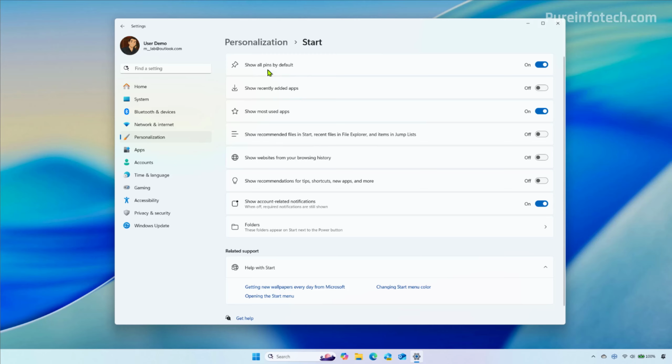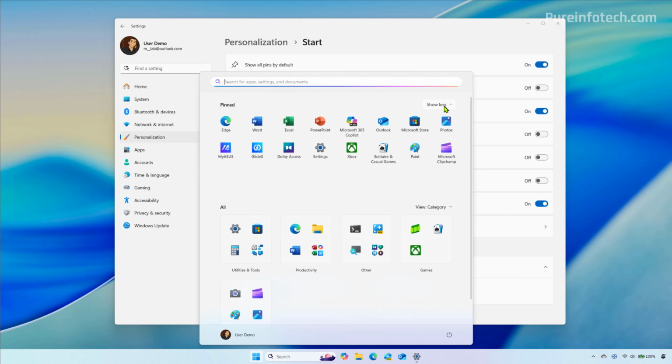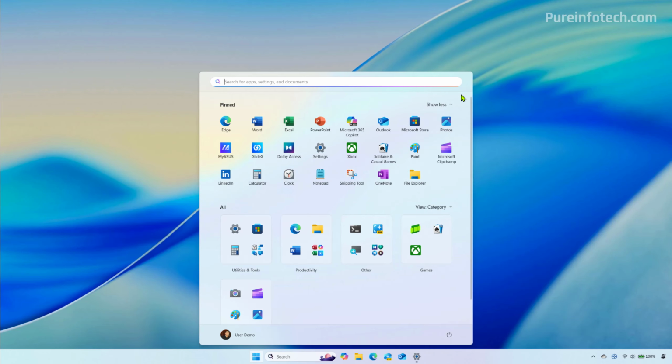Now, this option right here will allow you to always show all the pins instead of having to click the button right here. I don't have it on my installation. However, the company notes that next to the search box, you will now have an option to show or hide the mobile sidebar. And that will happen when you have connected your Android or iOS phone to your computer using